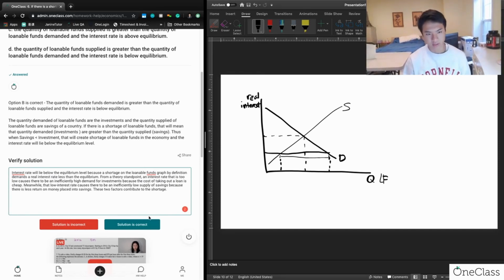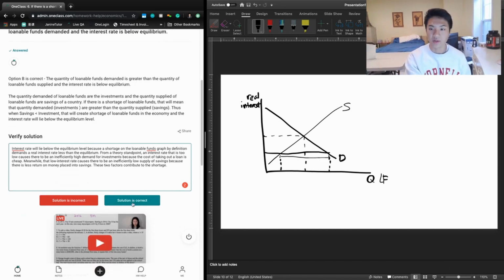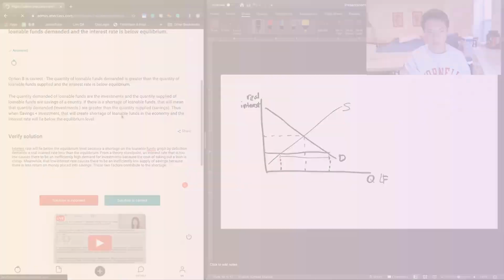And so this is going to give a little bit more clarity because I think the answer choice really hit the nail on the head when it was talking about greater quantity demand or quantity supply, but it doesn't really explain why interest rate is necessarily lower than equilibrium, and that's the difference between A and B. And so hopefully this answer choice talking about both the loanable funds graph that they can look up and also the factors contributing to the actual relationship between interest rate and supply and demand is going to cause there to be more of an understanding of the actual model and